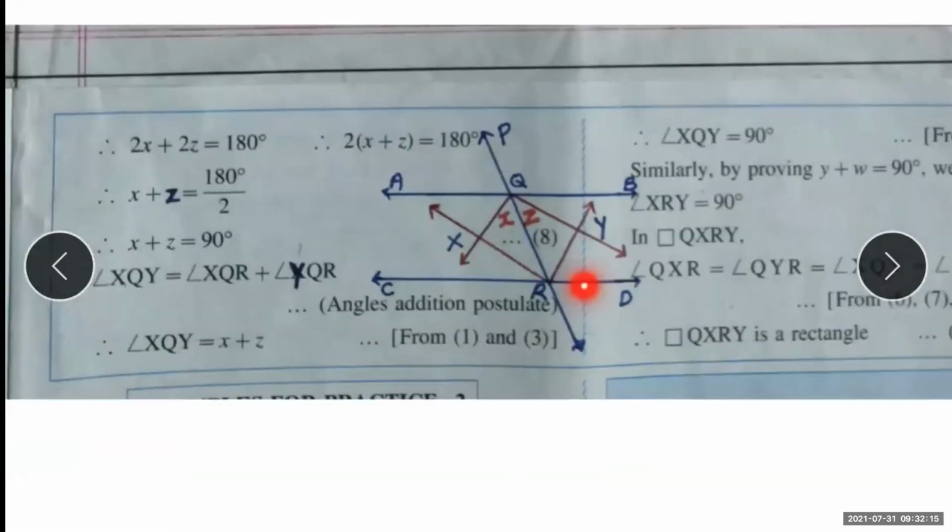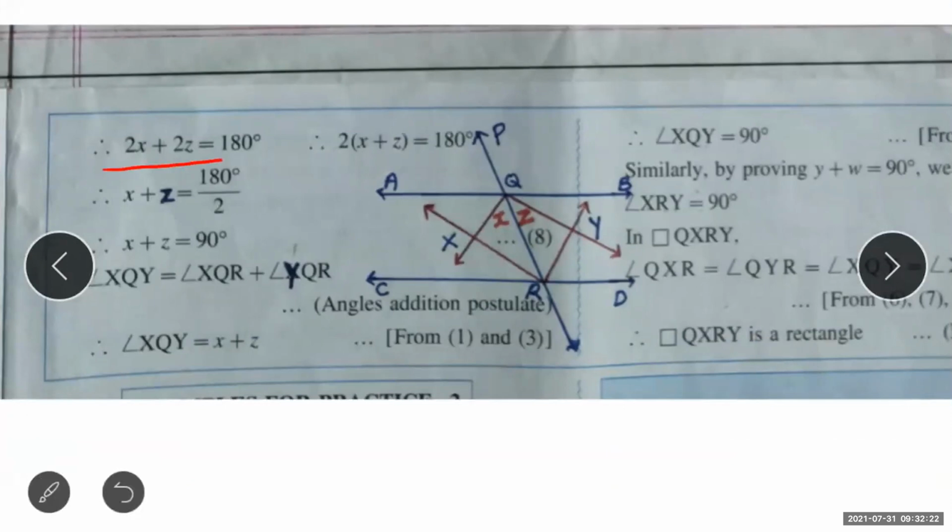Okay, that was the step. The addition was 2x plus 2z. What did we write before this? x plus z plus z. So that is 2x plus 2z equal to 180. Okay, now we took the 2 as common. So the step is 2 into bracket x plus z equal to 180 degree. Now the next step is x plus z, and that 2 gets divided into 180 degree. So 180 divided by 2, and the value of x plus z we got